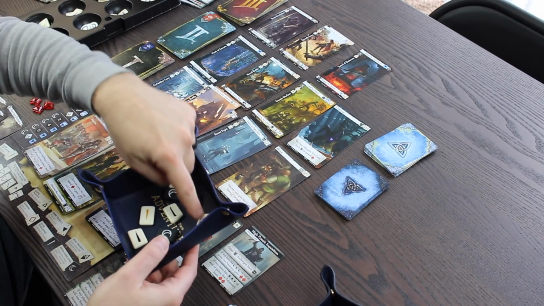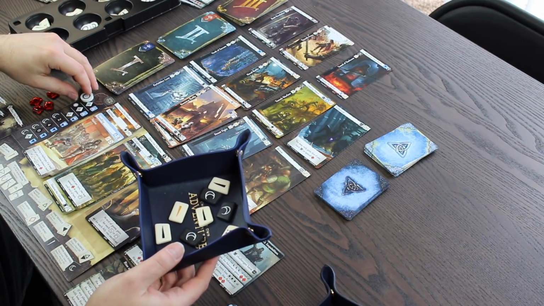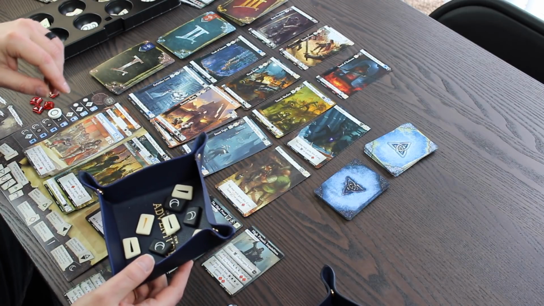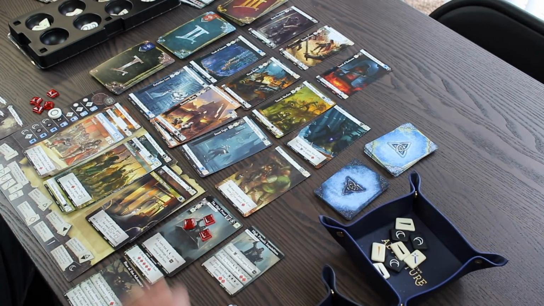Would you look at that? 2, 3, 4, 5, 6, and 3 corruption. That is amazingly bad. I couldn't have done much worse. 1, 2, 3 corruption. Wow! And I did not gain it. That is amazing. Amazing. Okay, well,